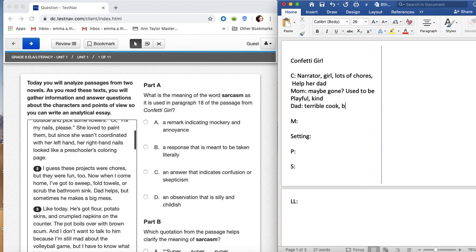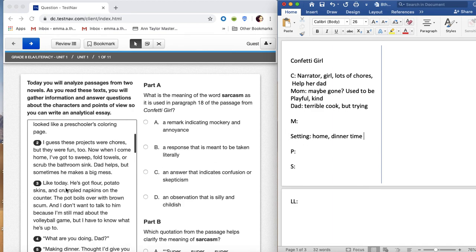But he's trying. Okay. That's all I know so far. I don't really know any motivations. Do I know anything about the setting? I actually do. It seems like it's at their house because they're cooking dinner. So they're at home. It's dinner time. Okay, don't know anything else, don't know a problem, don't know their motivations or what they want yet, so I'm